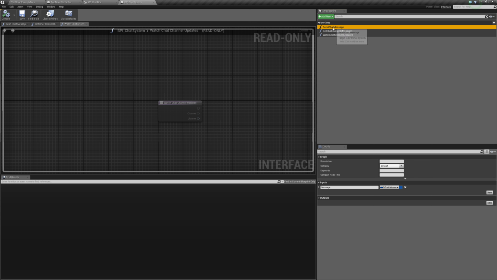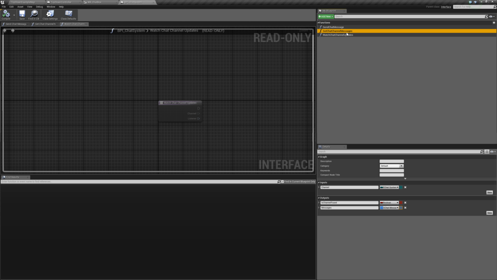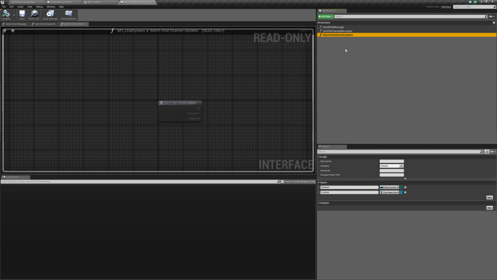So what send chat message does is probably self-explanatory. This will send a chat message, or it'll actually save the chat message or add it to a channel's chat. That's pretty much self-explanatory. Get chat channel messages returns messages for the given channel. Watch chat channel updates. What this is